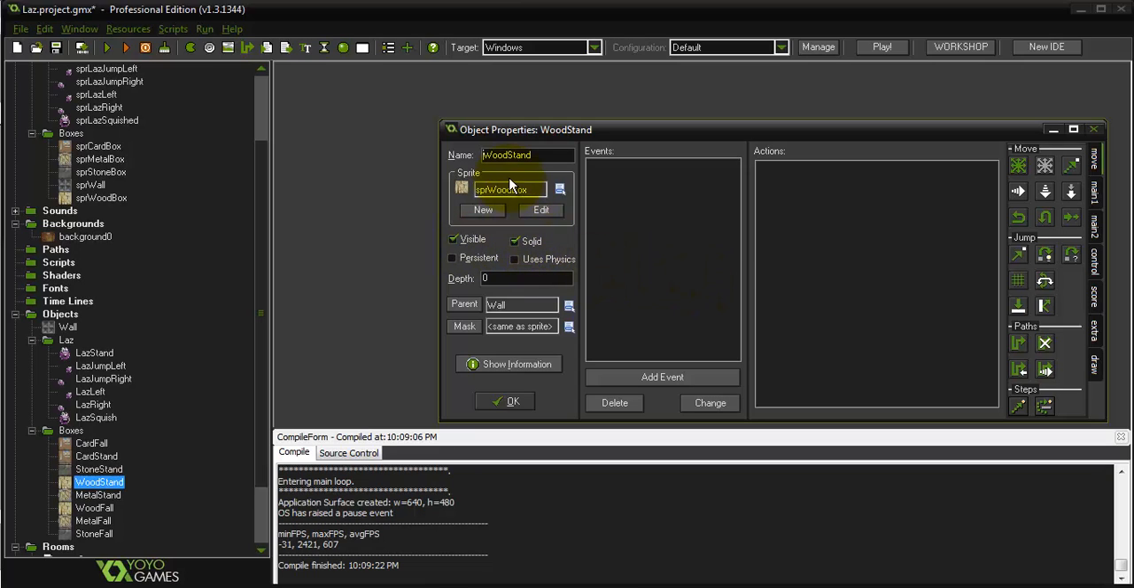It's visible, it's solid. Set the sprite to the wooden box, and set the parent to wall, just like we did with card stand. This means that all of our standing boxes act as walls, and that saves us quite a bit of time, because you got to remember,